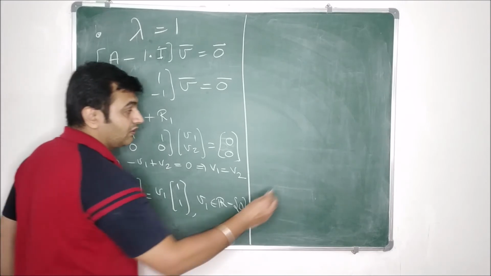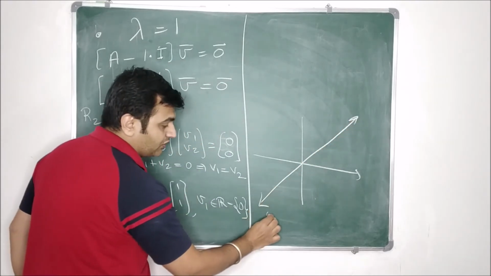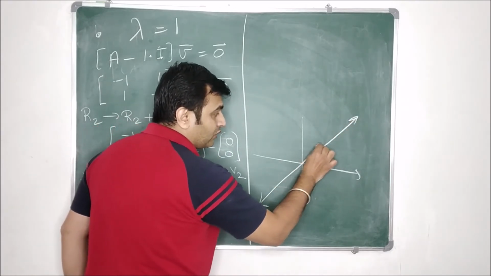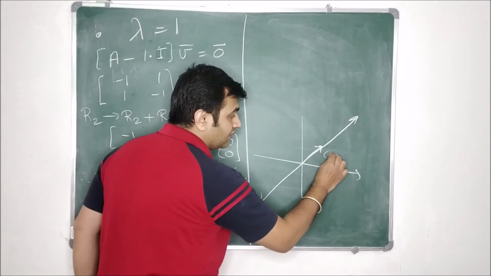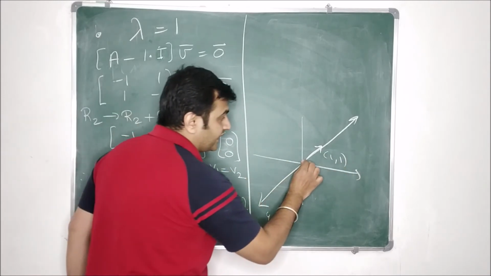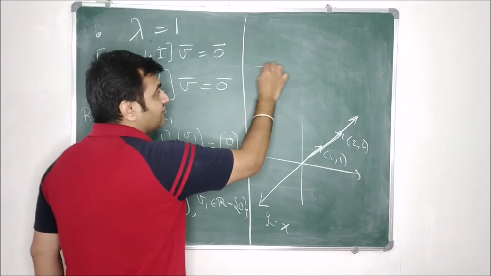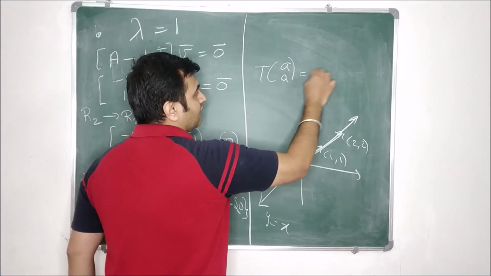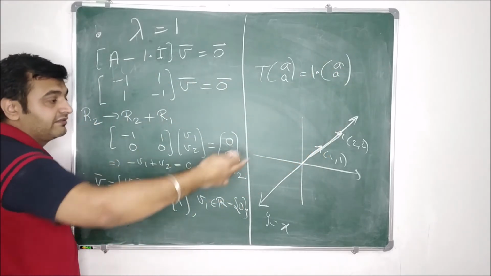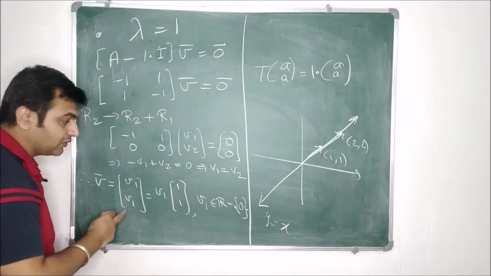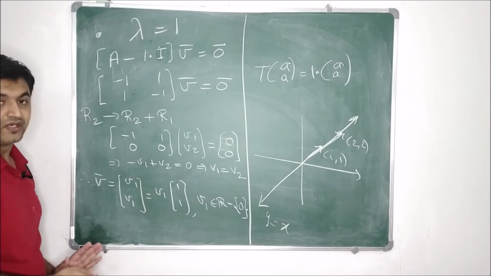And now if you recall my previous lecture, we took the y equal to x line, and what we saw was: you take any vector on the y equal to x line, it won't get reflected, right? It will stay there only. Therefore you take (1, 1), its image is (1, 1) only. You take (2, 2), its image is (2, 2) only. Okay, and that's what we saw. We saw that T of (a, a) was (a, a) only, so it is 1 times. So 1 was the eigenvalue, and the eigenvectors are the vectors on the line y equal to x. So that's what we saw in the last lecture, and this is what we derived properly.